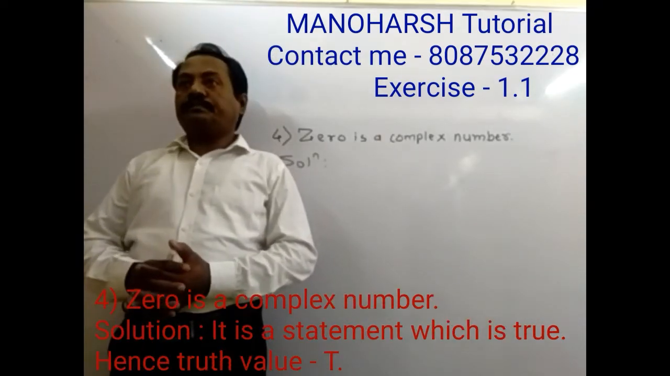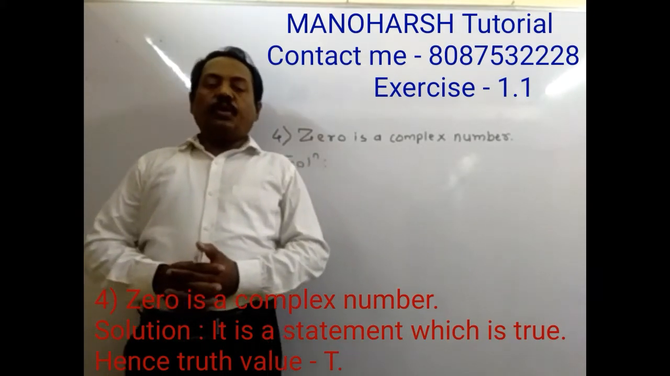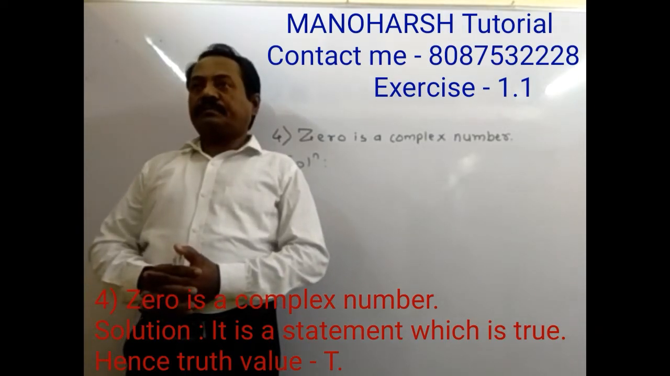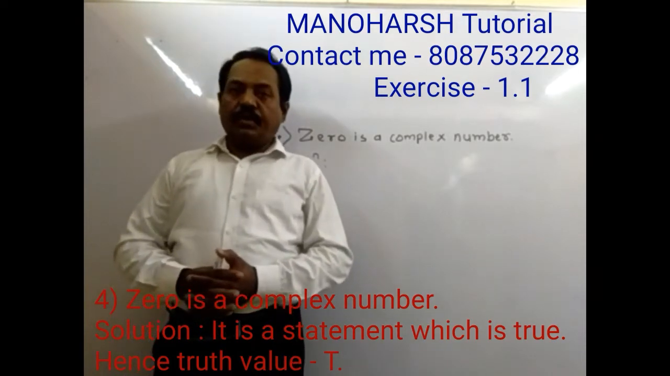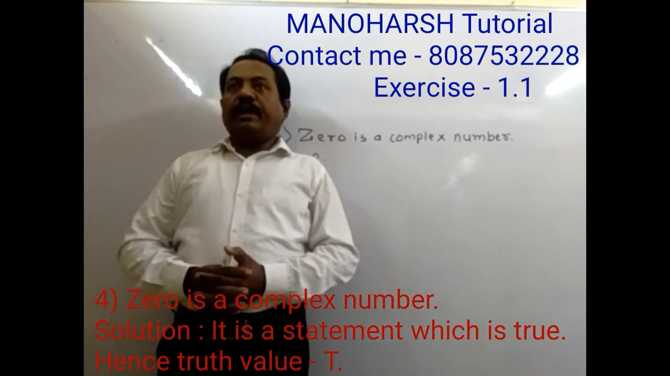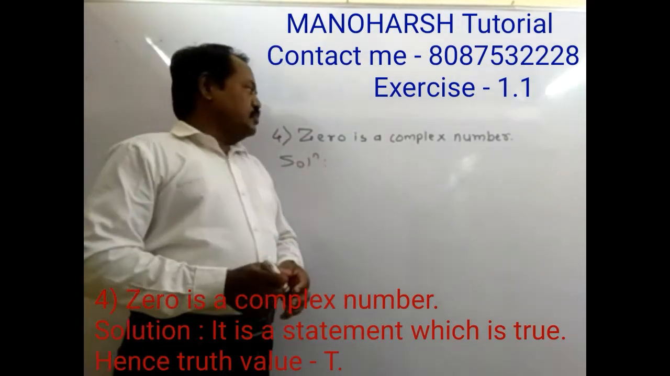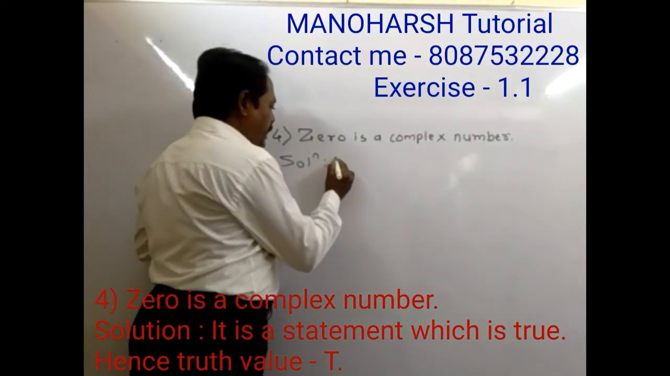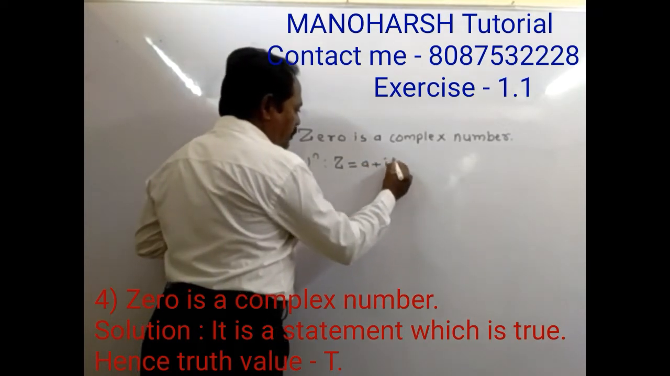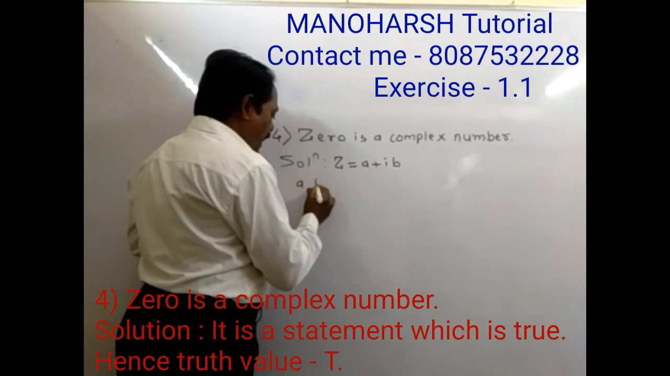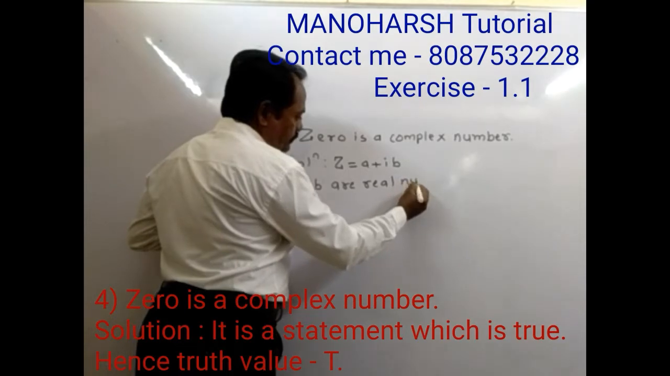Example number 4, 0 is a complex number. Now what is a complex number? In class 11th we studied complex numbers. एक पूरा चैप्टर है क्लास 11th में कॉम्प्लेक्स नंबर पर. अब कॉम्प्लेक्स नंबर इज व्हाट? कॉम्प्लेक्स नंबर जनरली डिनोटेड बाय z. सो z इज इक्वल टू a प्लस i b, वेयर a एंड b आर रियल नंबर